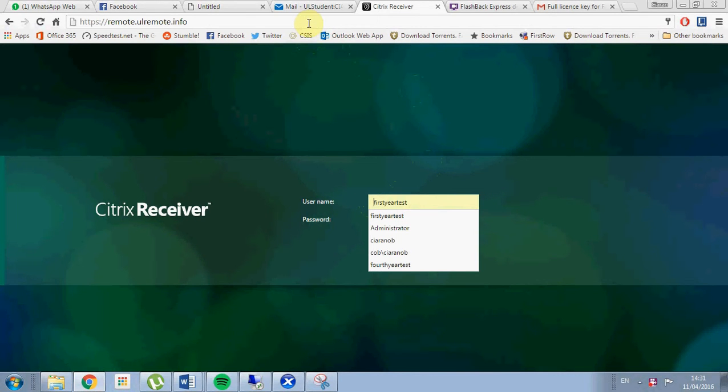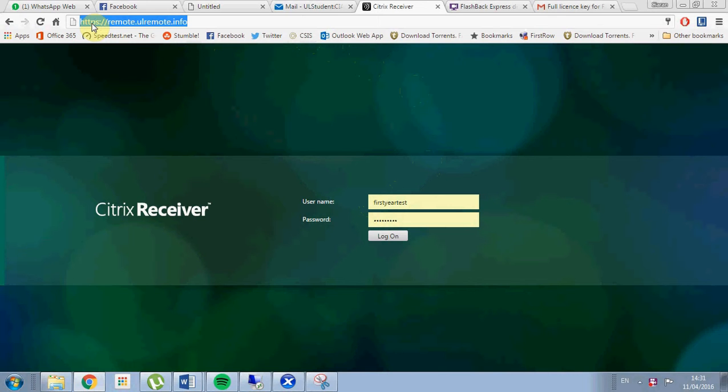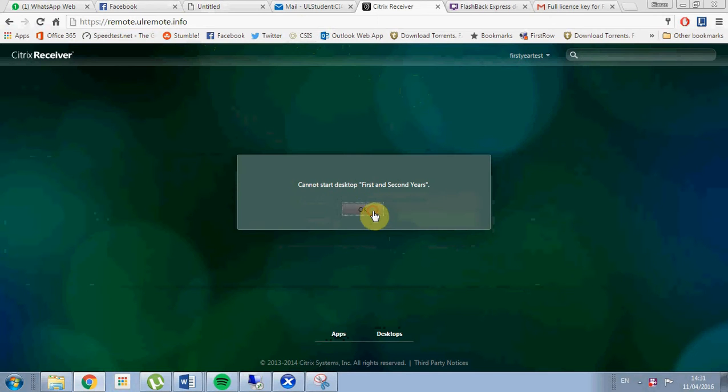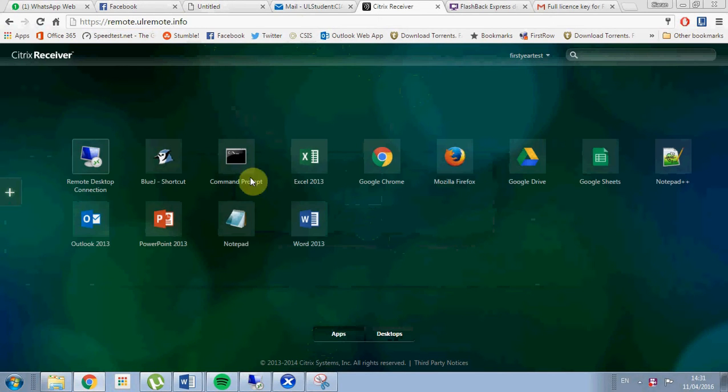What I'm logged onto now is my web interface, and it's accessible through this link here. That's the domain I purchased, and I've redirected the IP address to the IP of my Netscaler device. I'm just going to log in as a first year student here at the moment. And you'll see the different applications that a first year student has access to. They have the basic ones: their BlueJ, command prompt, their basic Word apps, and their basic browsers, because essentially that's all they